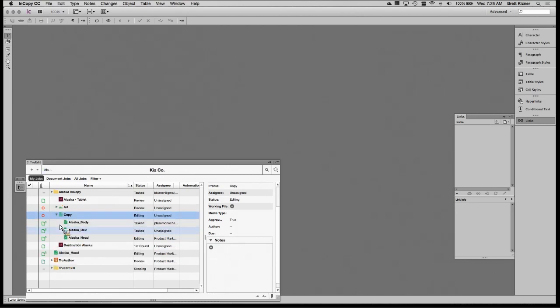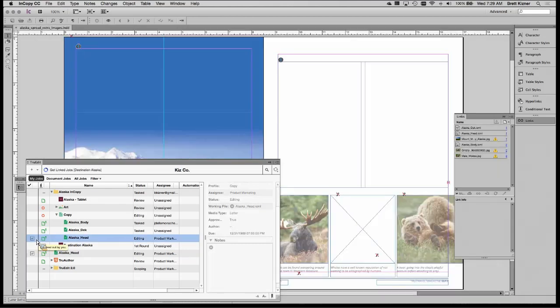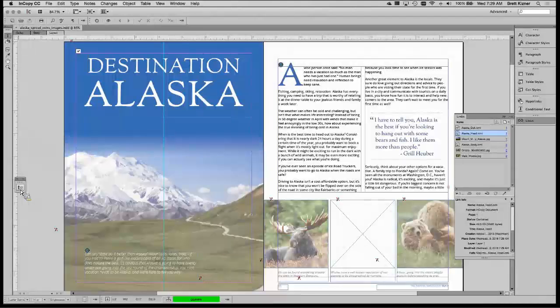Ultimately, what you'll see when we go back over to InDesign is that the content will appear out of date, and when InDesign automatically updates those links, the headline will change, the formatting, the manual ragging of text, even the applicability of that pull quote down below. All of that was preserved.